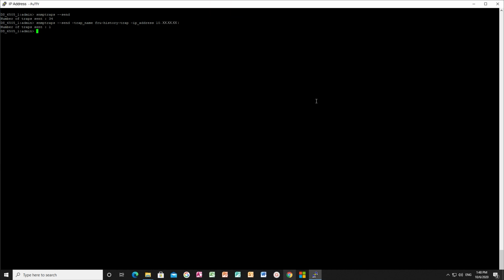Else use the --send option to send a specific SNMP trap to a recipient indicated by its IP address. Here the trap by the name from history trap will be sent to the CMCNE application. The sent traps can be validated on the SNMP management station.